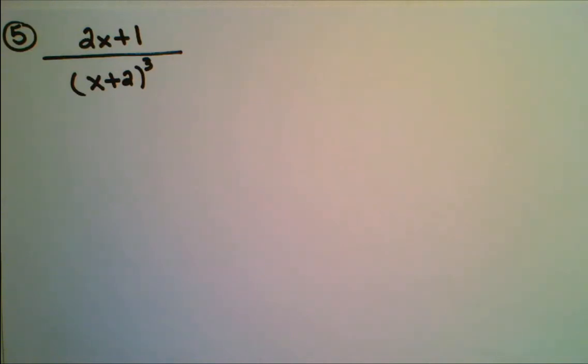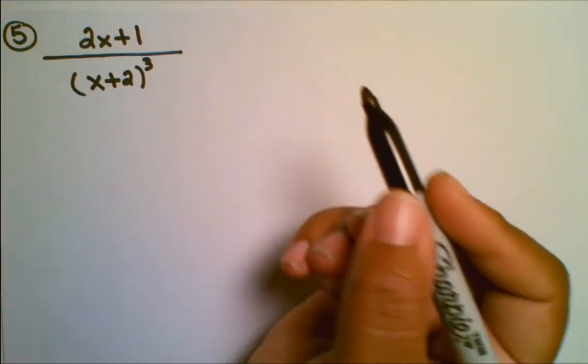We have here (2x + 1) over (x + 2) cubed. The quantity x + 2 is cubed, first of all, and that means we have 3 factors of x + 2. So to set this rational expression up as a partial fraction, we will need to write a partial fraction for each exponent from 1 up to 3. So as we write this out,